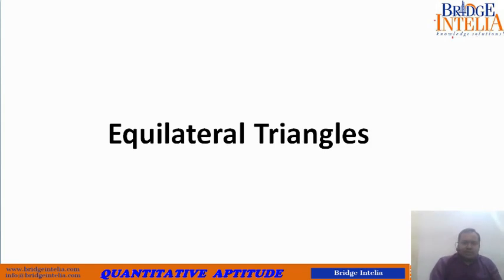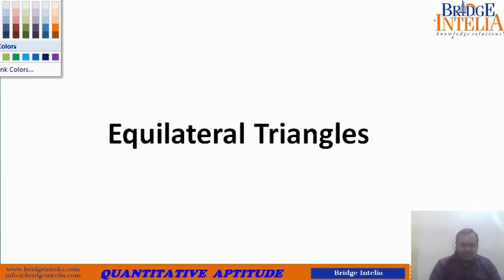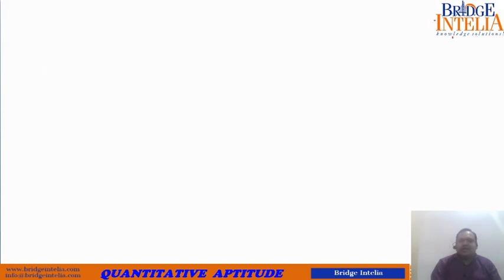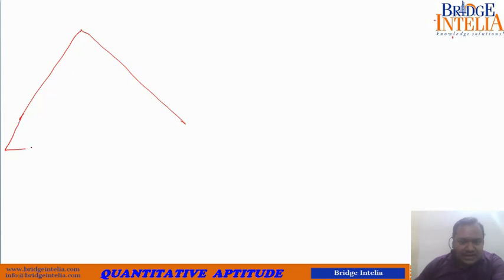Now students, let's look at the geometry of equilateral triangles. As you already know, an equilateral triangle is a triangle having all the three sides equal in length, and also all the three angles are equal as well. So it is basically a symmetrical triangle. Equilateral triangle is symmetrical. Now let us understand the geometry. If the triangle is said to be equilateral, a few things are pretty clear, that each of its angles is equal to 60 degrees.